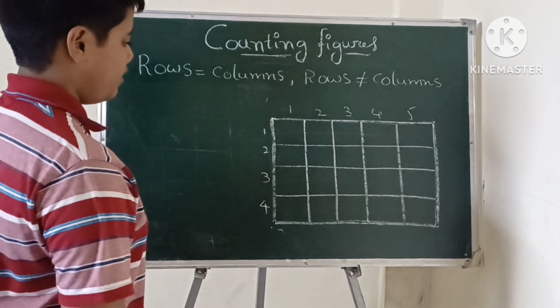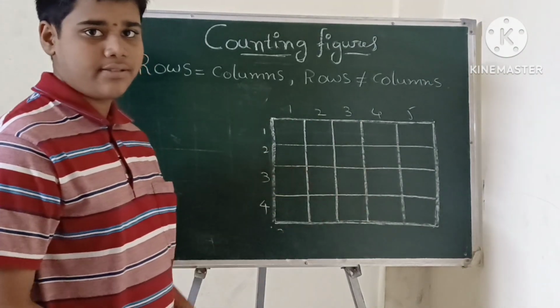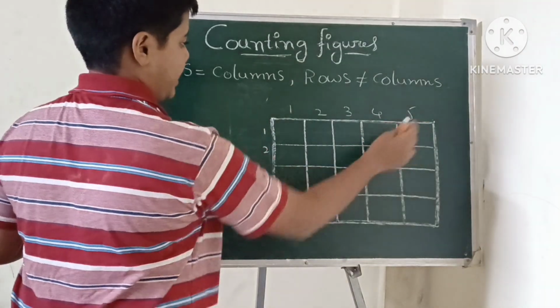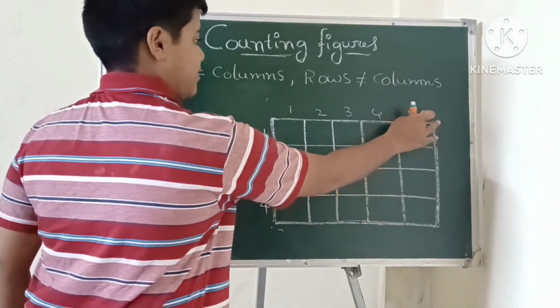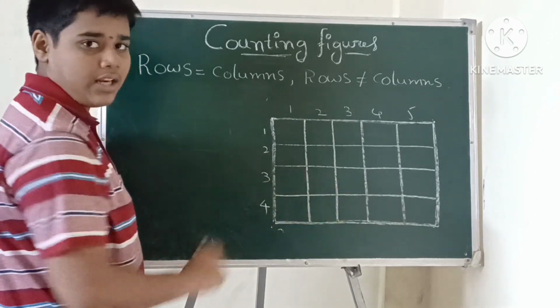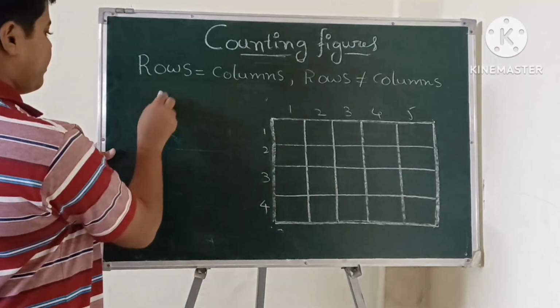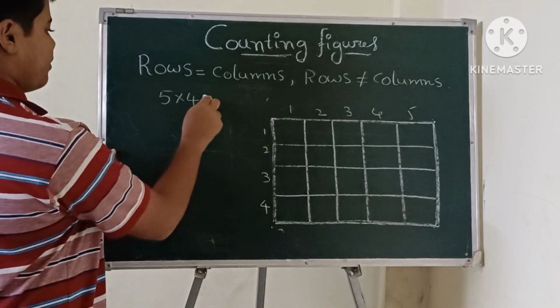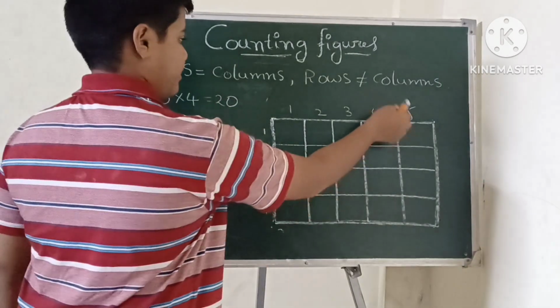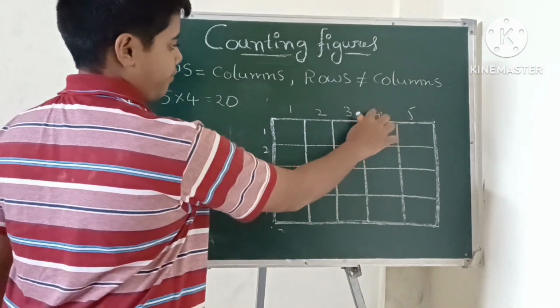So we have to find how many squares. In this, first we have to multiply the biggest number in rows and the biggest number in columns. So here 5 into 4, which is equal to 20,